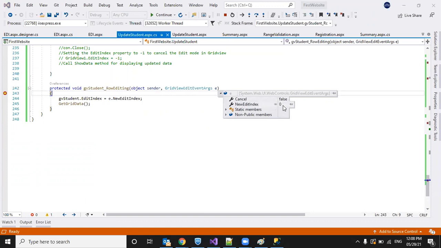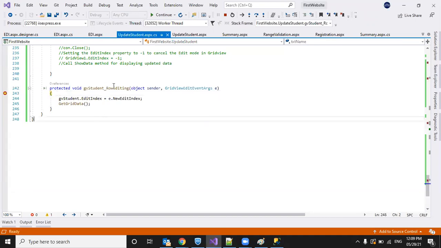New editing index is 0 because I clicked on the first row. Right, so this will set now. If we set the edit index, that index row will go into edit mode with cancel and update buttons. Okay, let's see that.